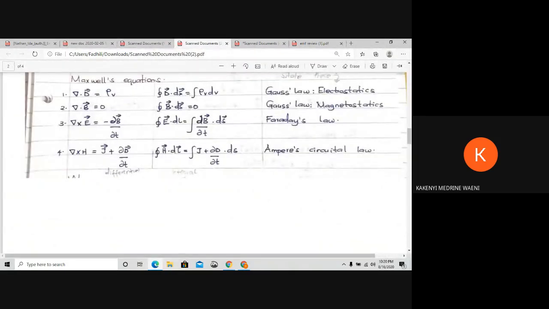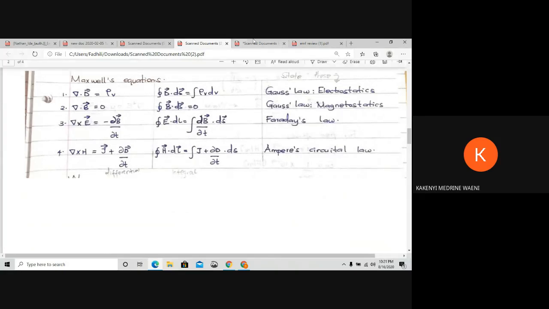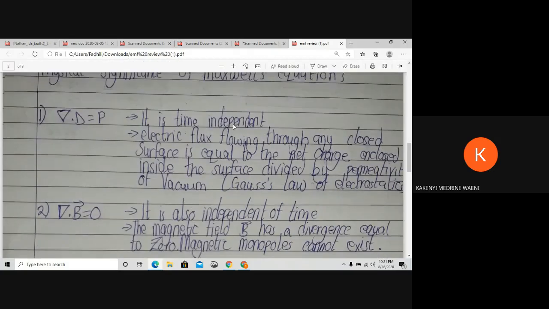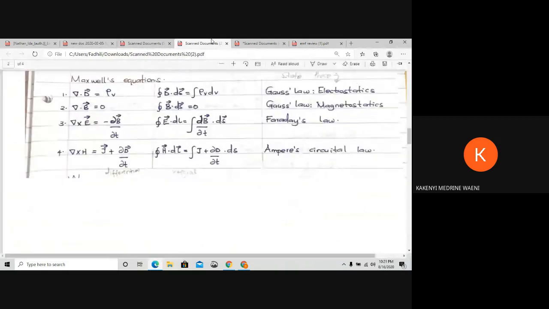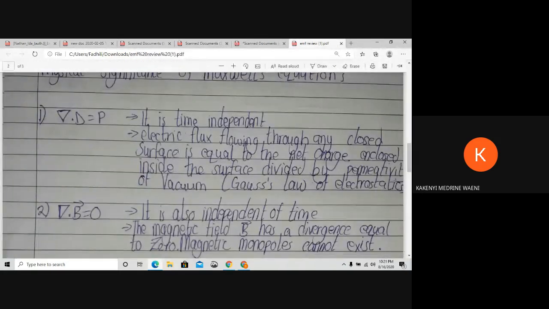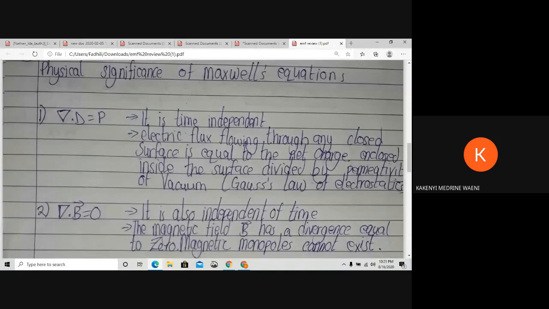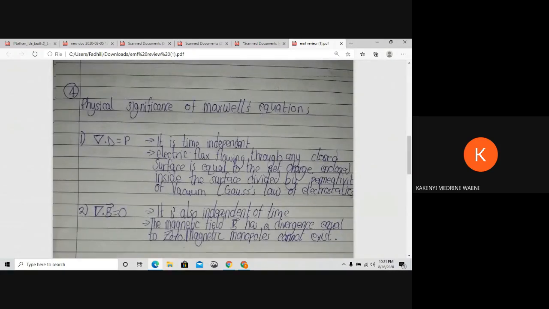this one, the Gauss's law of electrostatics, it is time independent. The electric flux flowing through any closed surface is equal to the net charge enclosed inside the surface divided by permittivity of vacuum, which is, okay, hapo amestate the Gauss's law of electrostatics. Yes. And